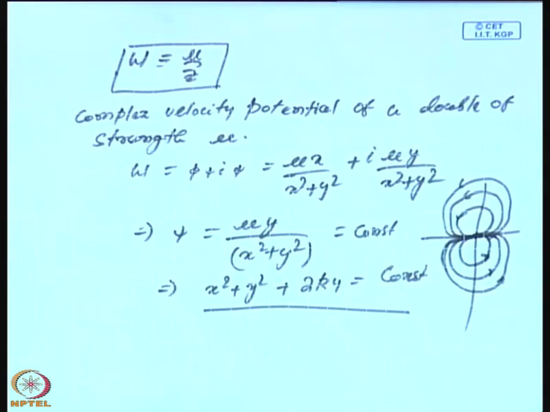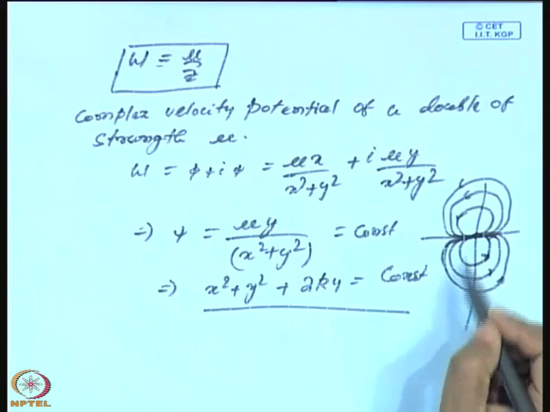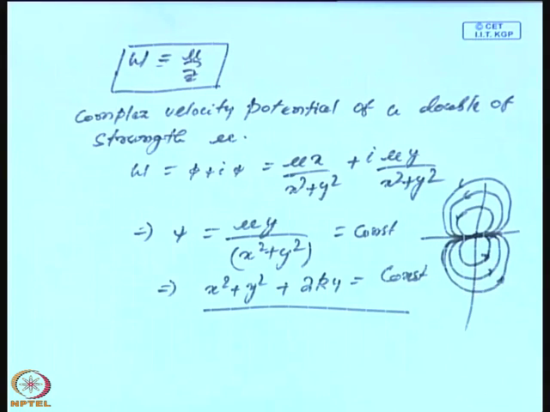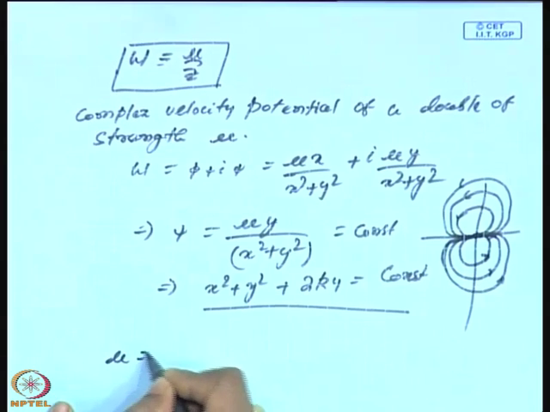So from a source and sink, when they are placed together, particularly very close to each other, we will get a doublet. In fact we have seen such a thing in our last class, if mu is equal to u a square,